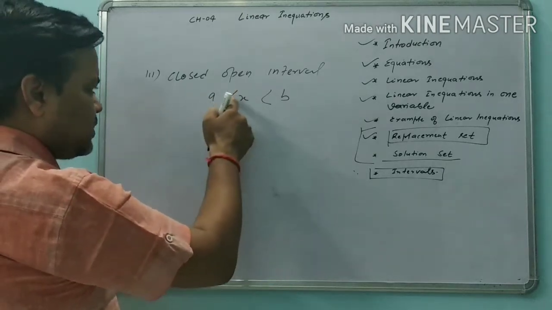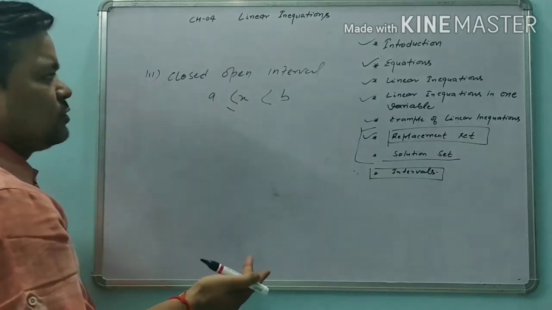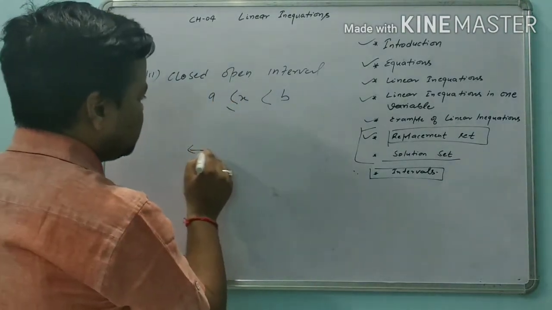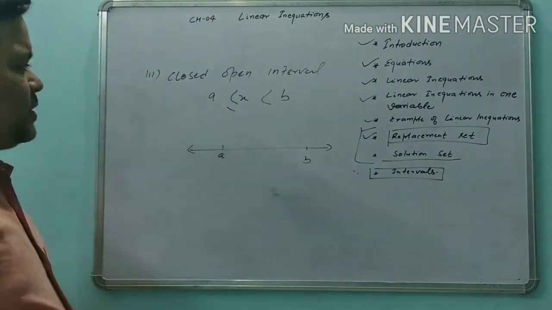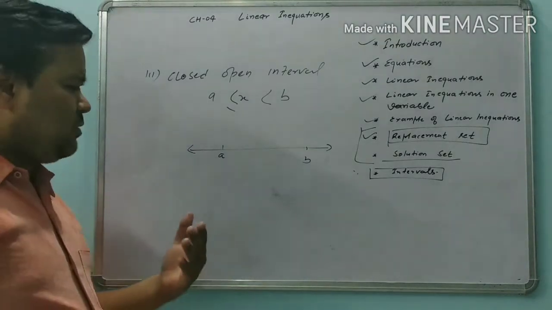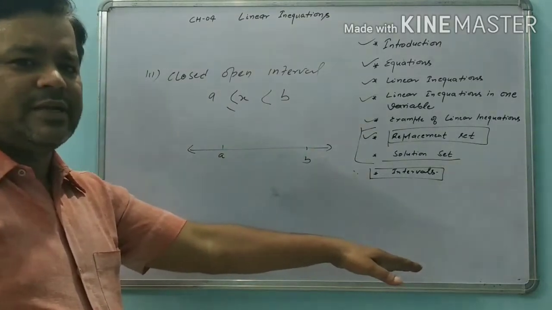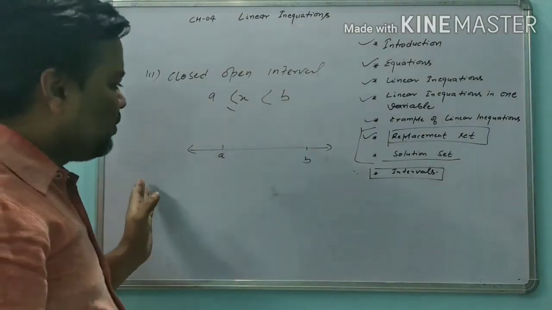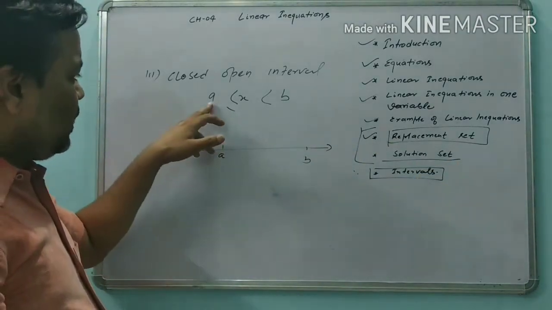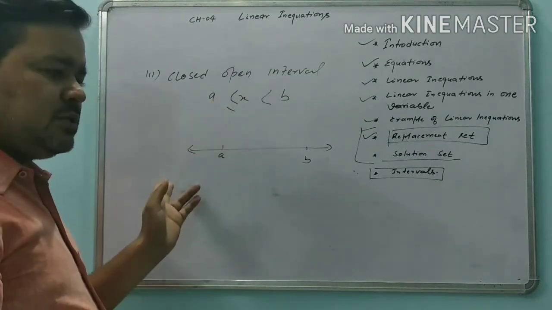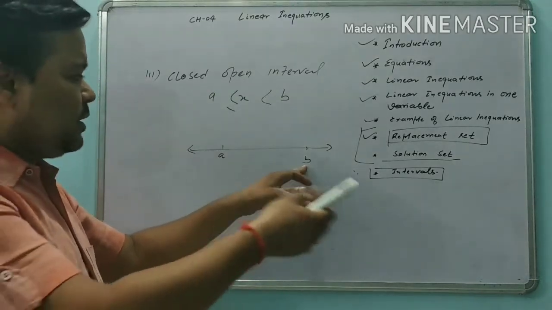Here a less than or equal to means both the less than and the equal to conditions are given, that is the closed interval. How do we represent this? If this is a and this is b, we always put the smaller value on the left side and the greater value on the right side. You know, in the number system also, if we move from left to right, the numbers increase. Similarly here, the value of a is smaller so we take it at the left side, and the value of b is greater than a, therefore we take it at the right side.